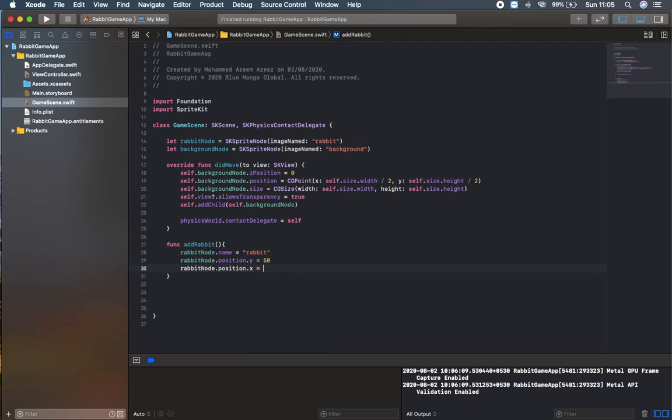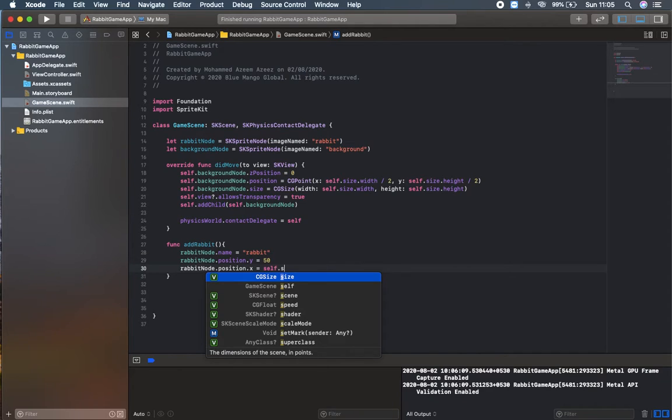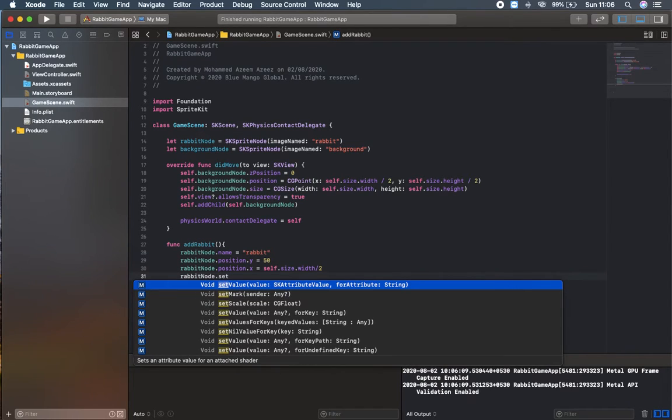If you are not familiar with the x and y axis, I will explain it in the storyboard, how these sizes are called with the x and y axis, after writing this code. So self.size.width divided by 2 for the position, and then I need this rabbit node to have a set scale. So rabbitNode.setScale